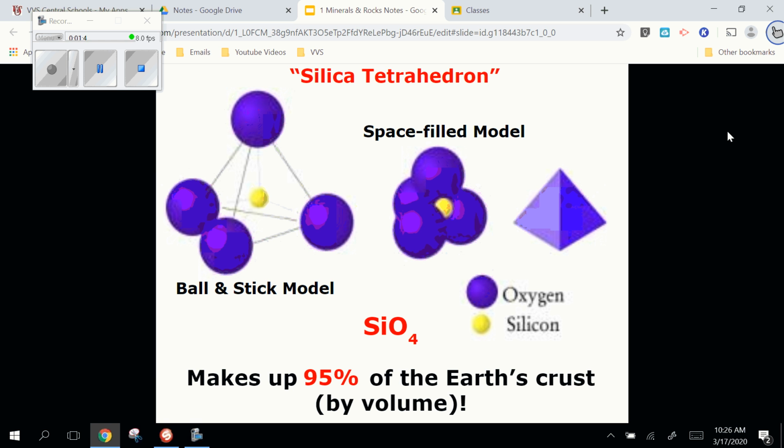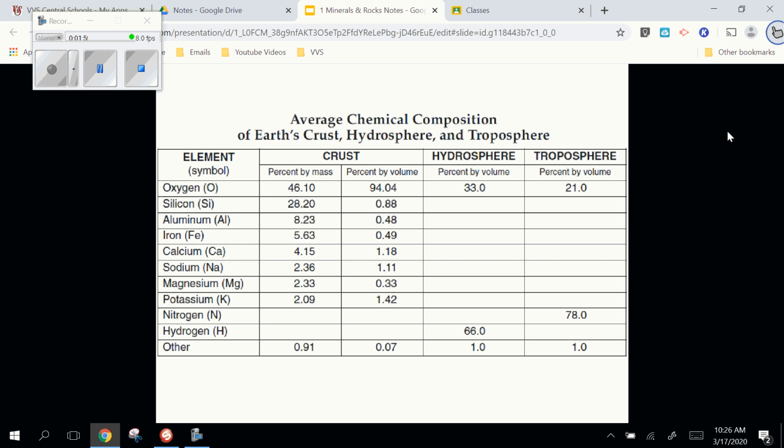All right. This structure and variations of it make up about 95% of the Earth's crust by volume. All right. Silicon takes up a lot of space. They're very large, and so they take up a lot of the space. So the most important grouping of minerals that we deal with are going to be the silicates. Okay. All right, from the front page of your reference table, you can see